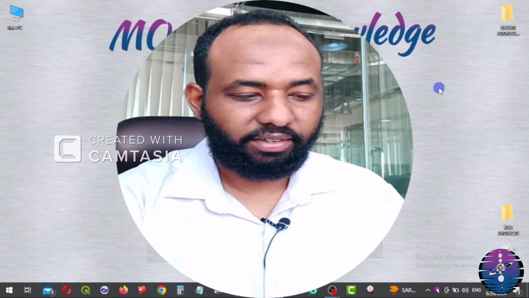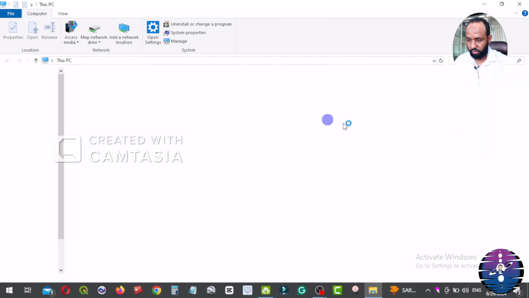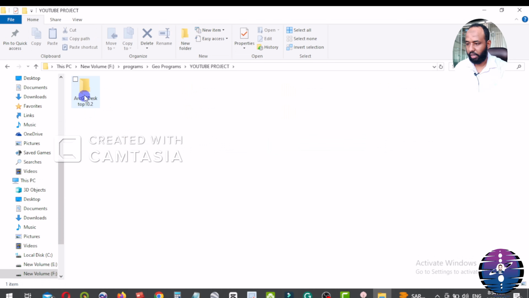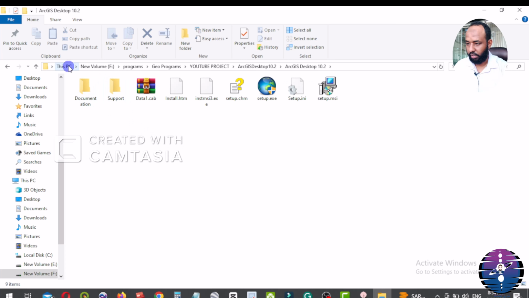Hello again. The first step to install the ArcGIS program is to go to ArcGIS Desktop 10.2. Okay, the first step, open the ArcGIS Desktop 10.2, this first folder.